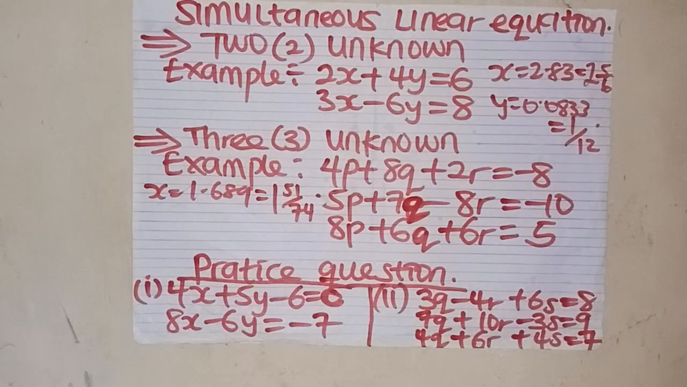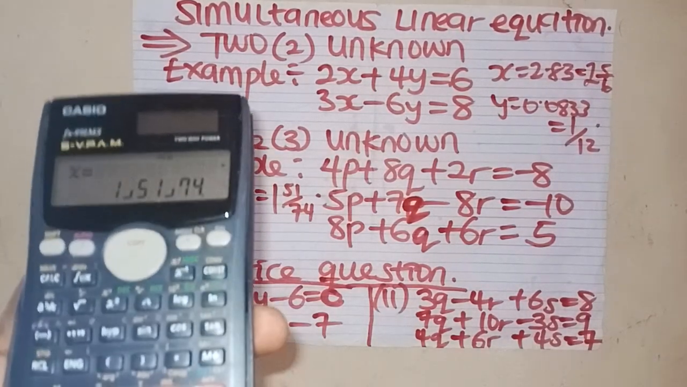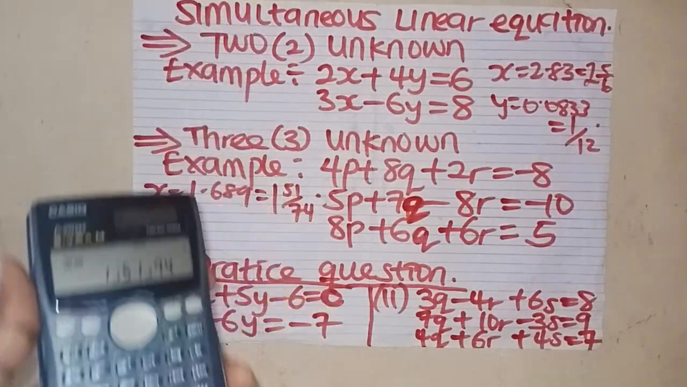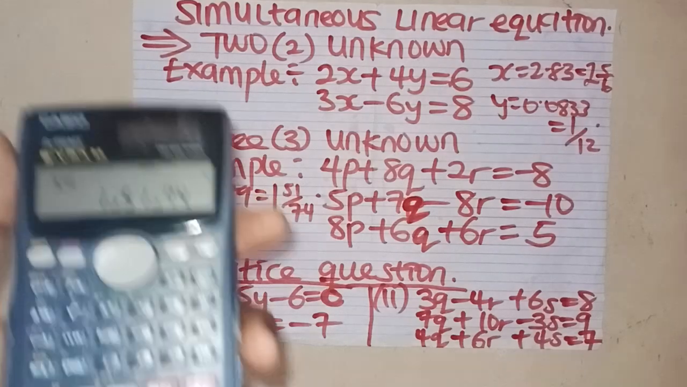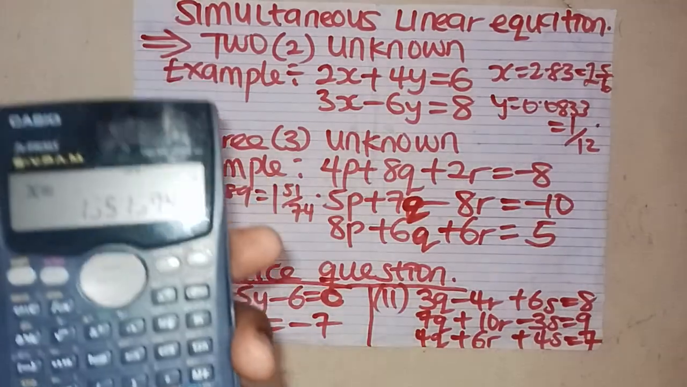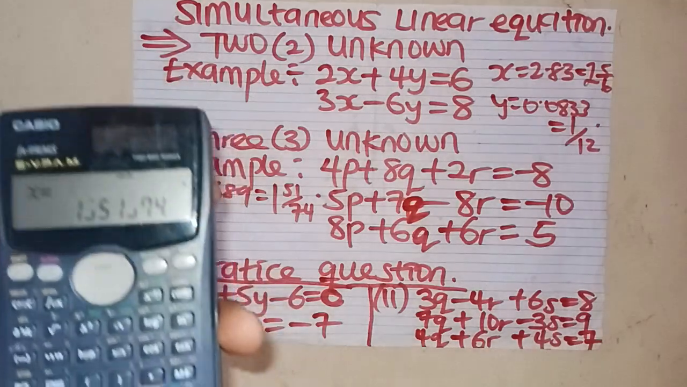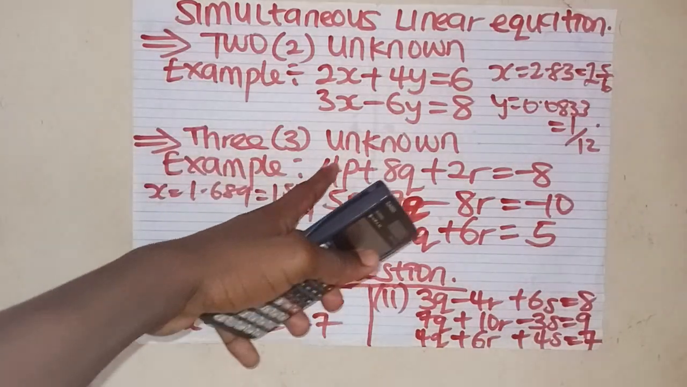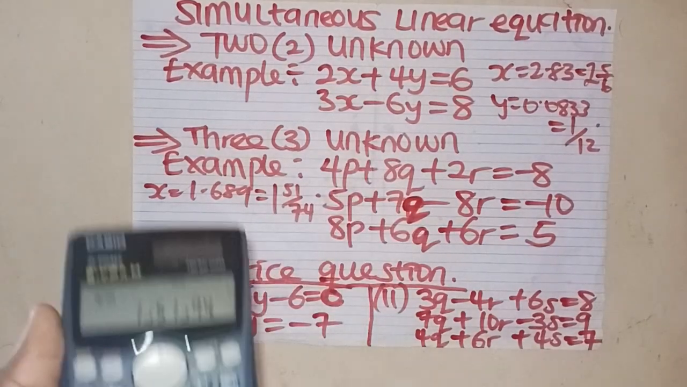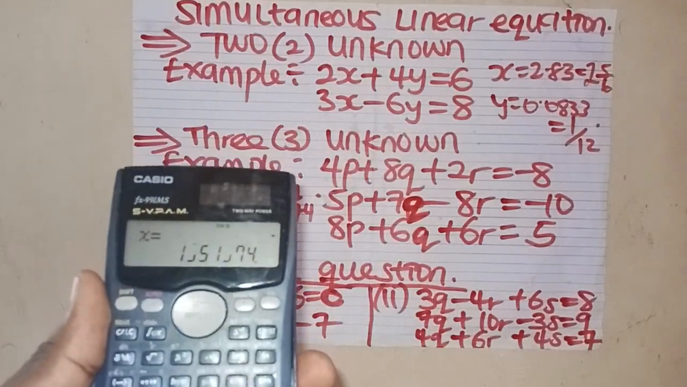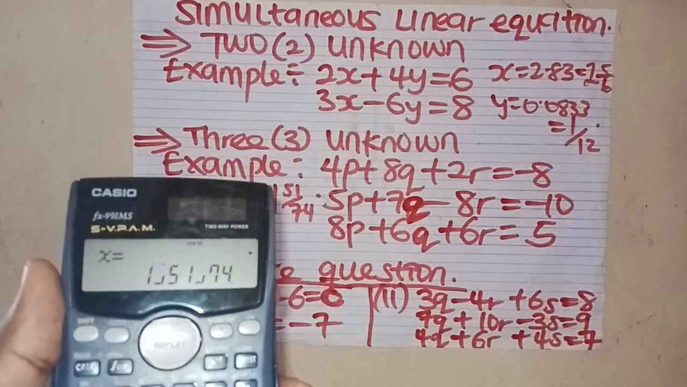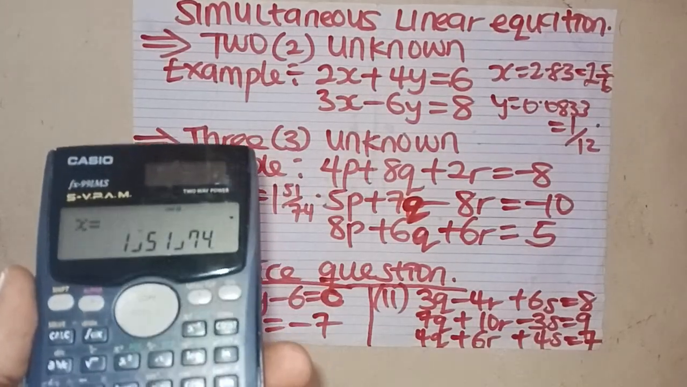So that is my x. So what do I do next? I'll press this equal to again for me to know my y. Don't forget that our x here, the calculator is programmed to bring it as x. But in this place, we will represent the unknown as p. So it's still the same thing. So for us to get our q now, which is going to come up on the calculator as y,